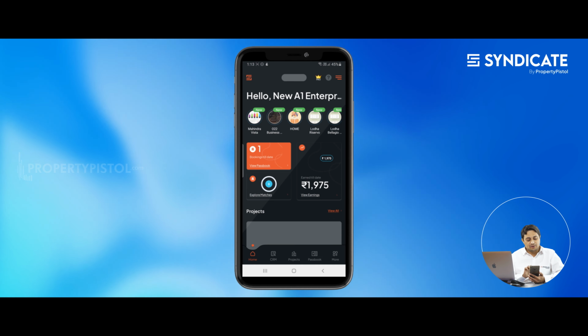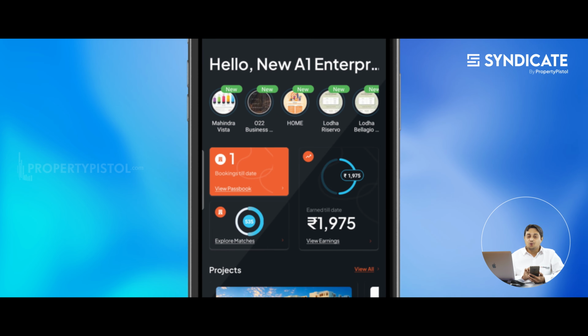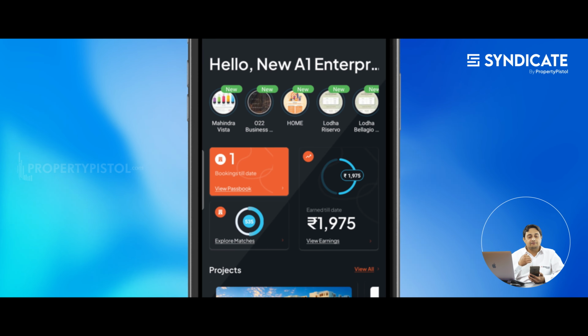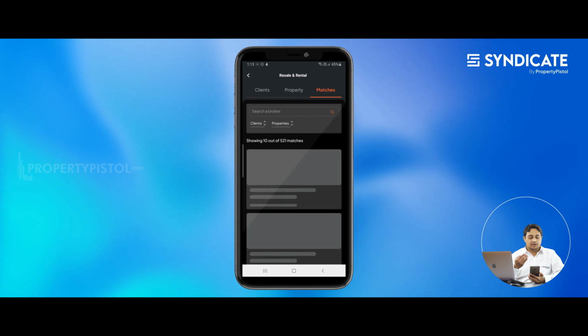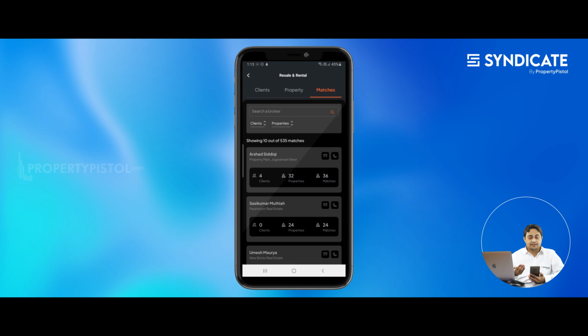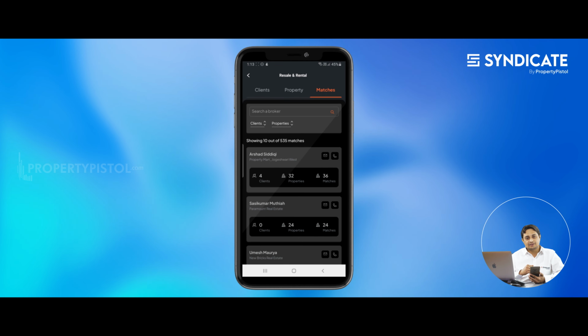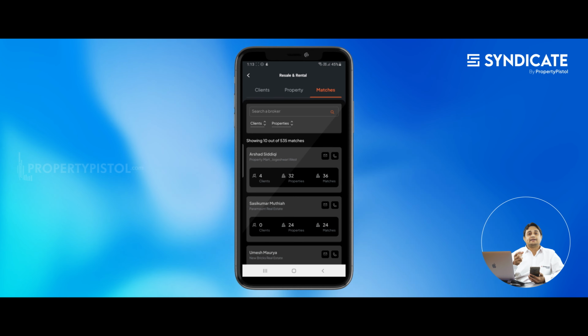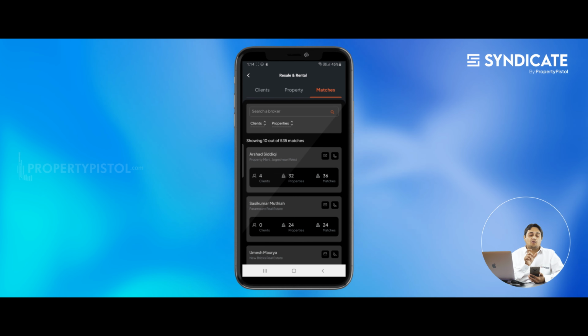Okay, going to the next icon, which is explore matches. Now if you have uploaded any client or any property in this application, our syndicate application will run that through an algorithm, and according to that it is going to mix and match all the properties.